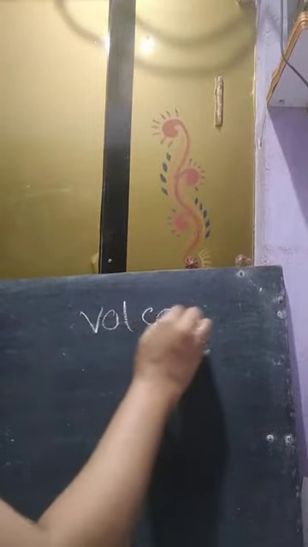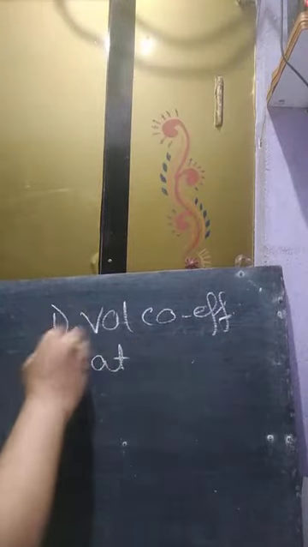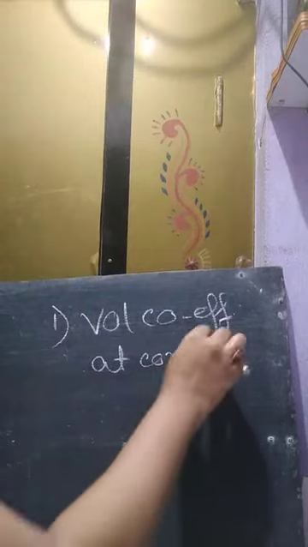So according to that, for a gas there are two kinds. If we change the temperature of a gas, then two parameters are going to change. The first one is the pressure and the next one is the volume. Based on these two things, we have two types of coefficients. What are they? Basically, the volume coefficient at constant pressure,